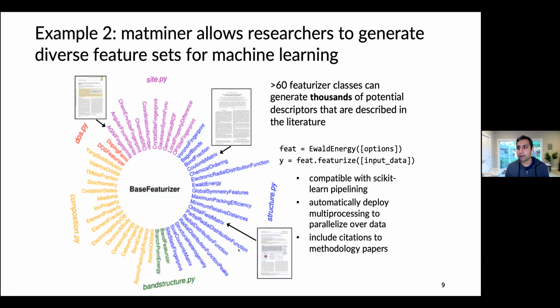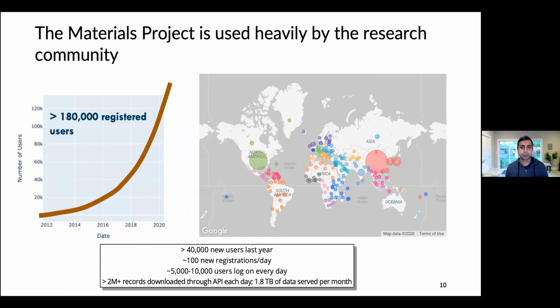There are also overall crystal structure features. So for example, we have the Ewald energy, which will tell you what is the electrostatic energy of a structure that has charges assigned to it, for example. So again, there are many different ingredients of features that you can use, and you can use these features in many different types of downstream machine learning packages, as I'll show a little bit later as well.